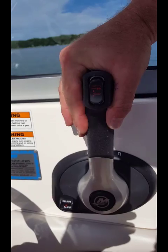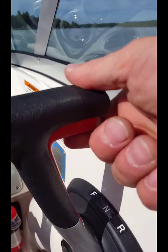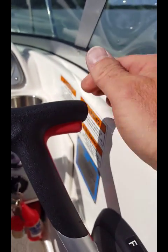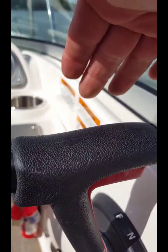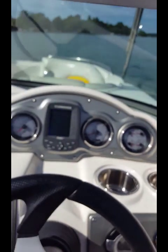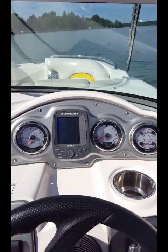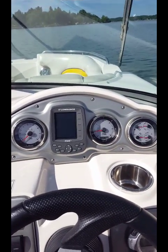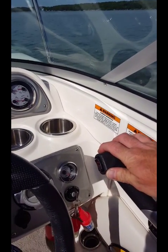Back to neutral. And notice that when I come back to neutral, you don't have to lift up on this red lever. The only time we need to lift up the red lever is when we're shifting into gear. Coming out of gear, you don't have to worry about it. So, with it trimmed all the way down, I'm going to put the boat in gear, steer with my knee, hold my phone with the other, and then for acceleration, just a nice, steady, easy push of the handle forward,